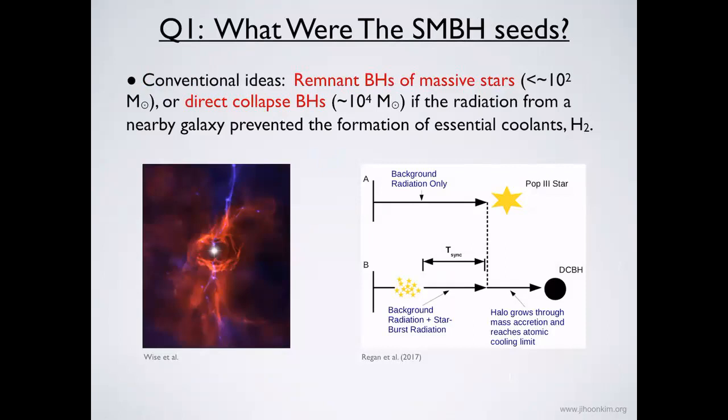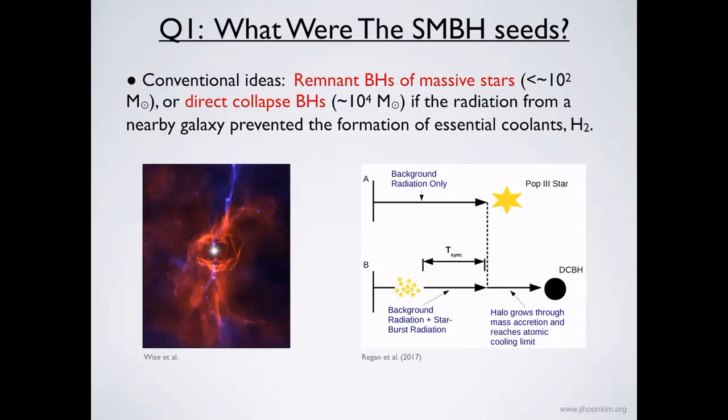So they tend to be massive and large, so they live quick and die fast. That leaves a remnant of, say, hundreds of solar mass black holes, and that remnant black hole could be the seed for a supermassive black hole. But as I said, because it takes such a long time for it to grow up to 10 to the 6, 7, 9 solar mass black holes, people have always been searching for a different seed scenario.